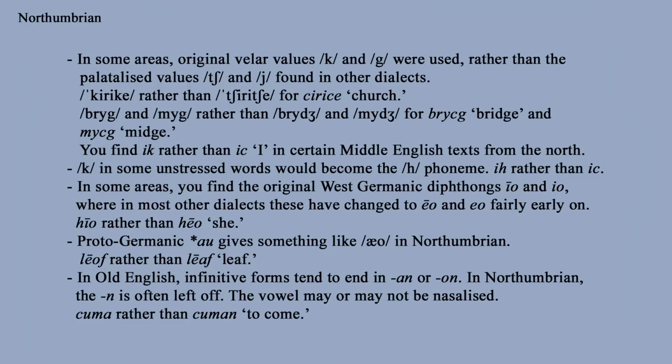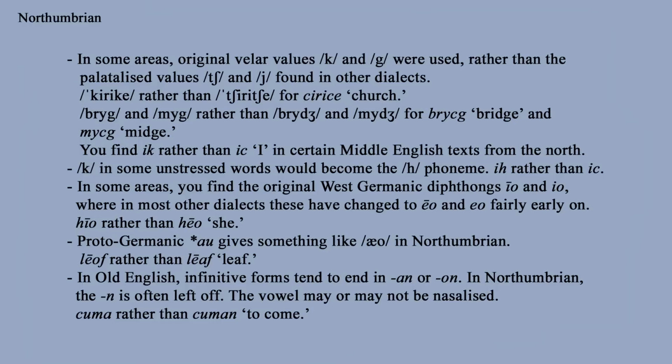Another thing I find interesting is that in writing, in most dialects, the infinitive form of a verb tends to end in something like one of these two endings I put on screen. But in Northumbrian, the N is often left off of the end in spelling. And in the world's languages, this kind of thing very often happens through a process called nasalization, which is where, to economise, rather than having a vowel and a nasal consonant, you instead just have a nasalised vowel. And it just means the tongue is moving a bit less, and we all economise in ways like this when we're talking quickly. And I think that might be at play here.